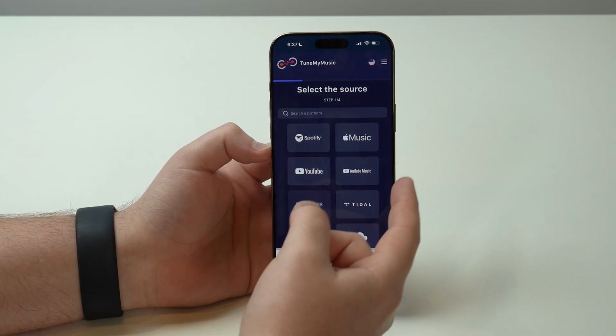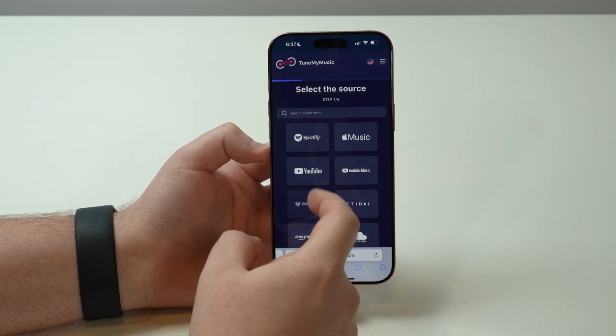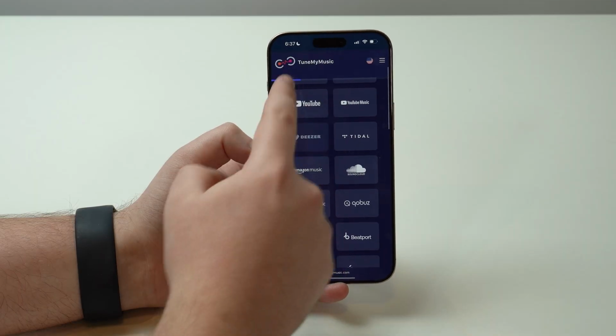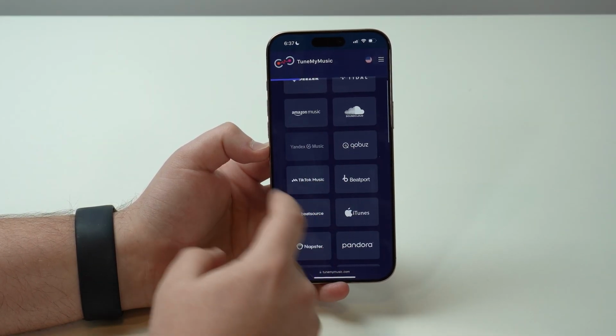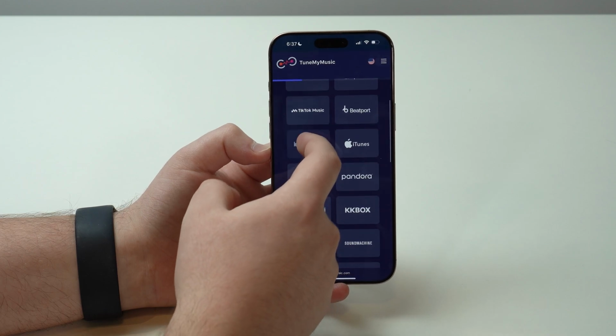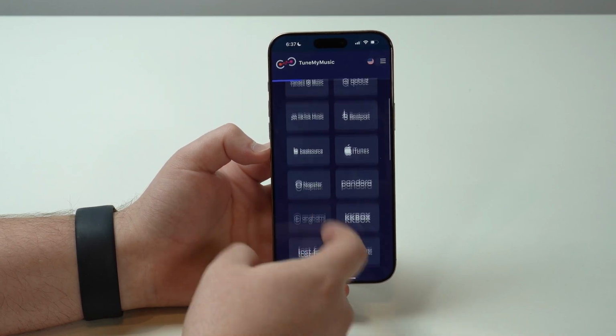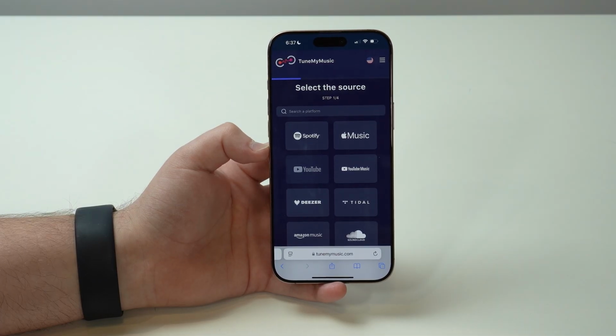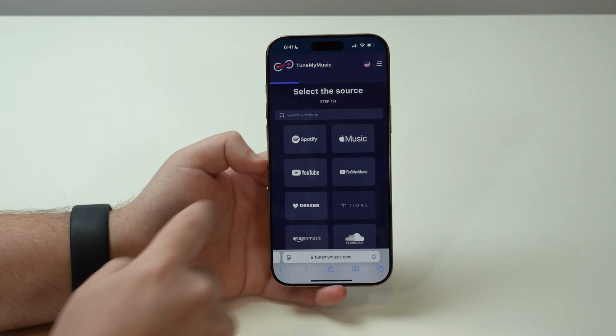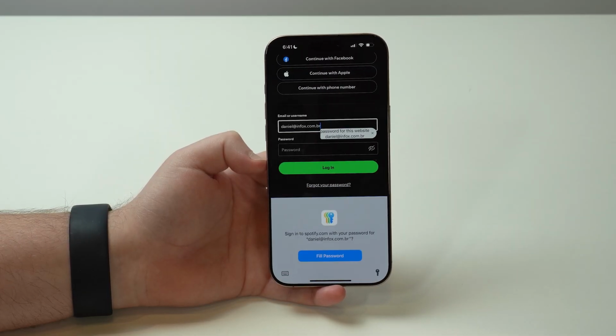But as I said, you can do the other way around as well, Apple Music to Spotify, and you can actually transfer between and across any of those services right here, from any of those to any of those, and vice versa. It's pretty much like endless. You have every single streaming service here. Okay, so let's go ahead and select our source, tap on Spotify, and then of course it's gonna ask you